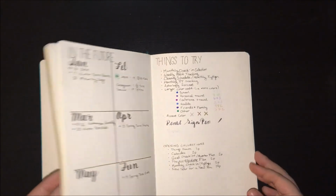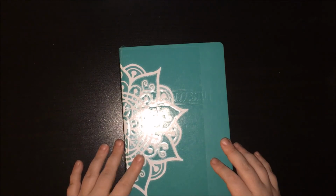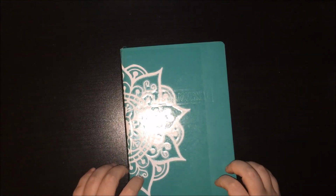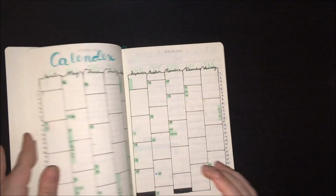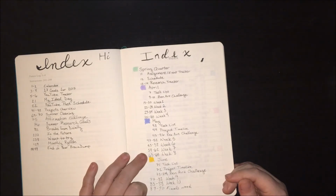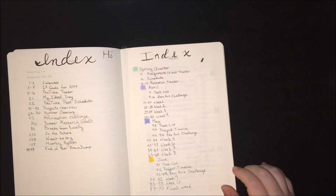So to sum up what I learned from here: stress happens, life happens, and sometimes it causes you to not utilize things that do help you. I also realized that, yes, I could fit 9 months into a bullet journal if I absolutely needed to. I generally don't like confining myself that much. I like having the space to spread out. To give you an idea, I am currently almost a full quarter of the way through school. And yeah, these numbers do actually match up fairly well. But the size of my collections is so much larger